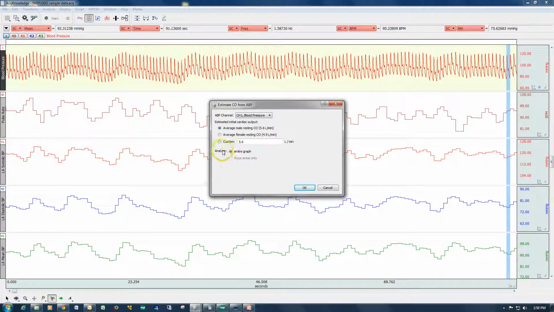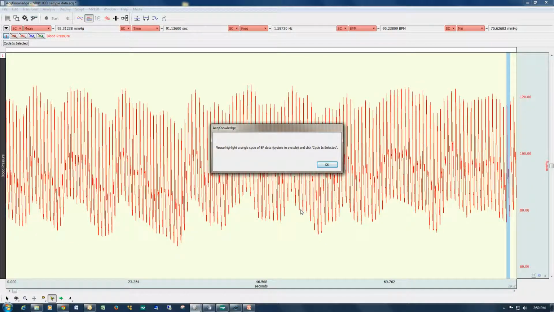Now, below that you have the option to analyze the entire file or to analyze just your areas of interest using the focus areas option. So in this example, I'm going to use the entire graph. The software now closes the other channels out, hides them, so that we can focus on the arterial blood pressure waveform. And this operates in the same fashion as the blood pressure analysis routine, in that it asks you to highlight